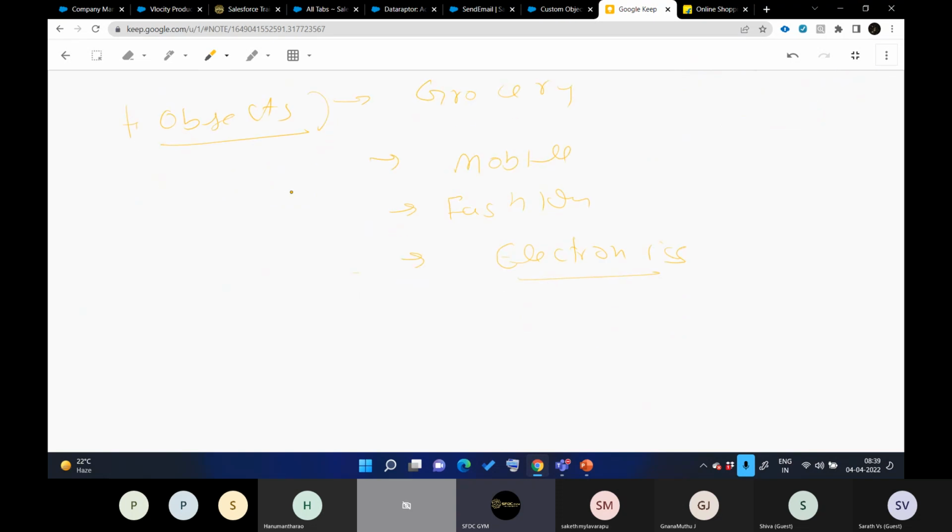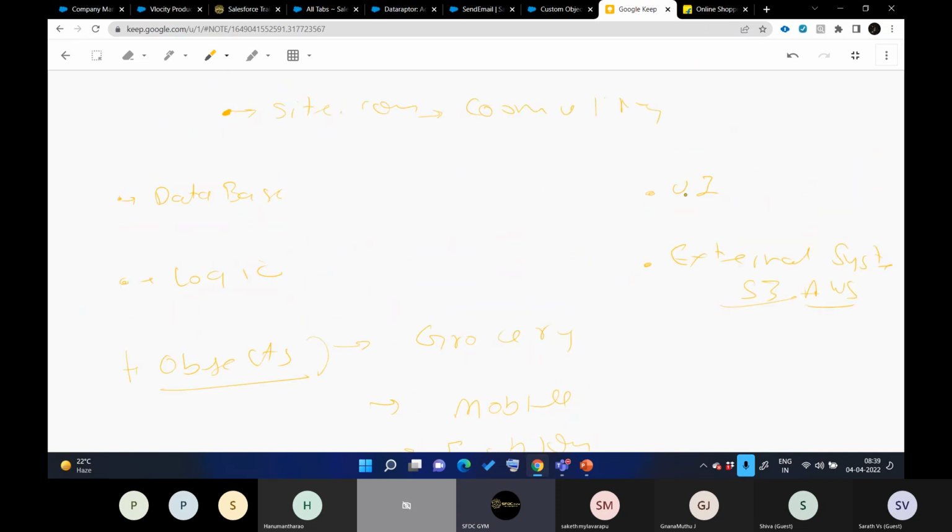Okay. Once the object setup is done, the next thing we will do is create the UI for it, right? And then we will write the logic and call the external APIs and we are good. We simply finish this development and promote it to the higher environment. After testing and all, this gets deployed to the Salesforce production environment and customers start using it.